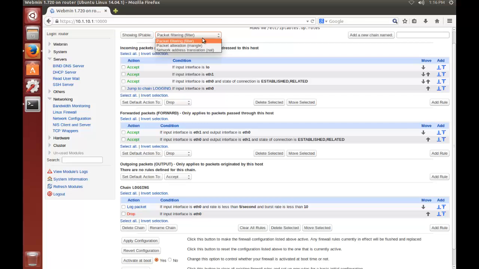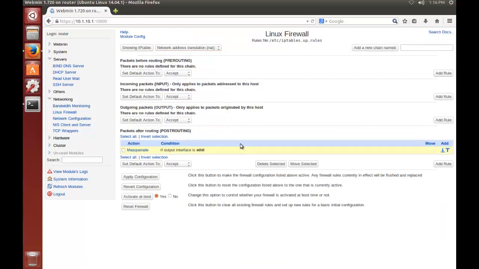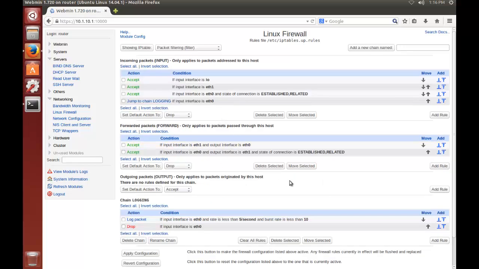You can get into NAT. You already have masquerading. That's assigned with your IP forwarding. That will allow any internal addresses to be translated to your outside world, so you get communication on all your machines. But you can also assign pre-routing packets along with forwarding. That's a whole other